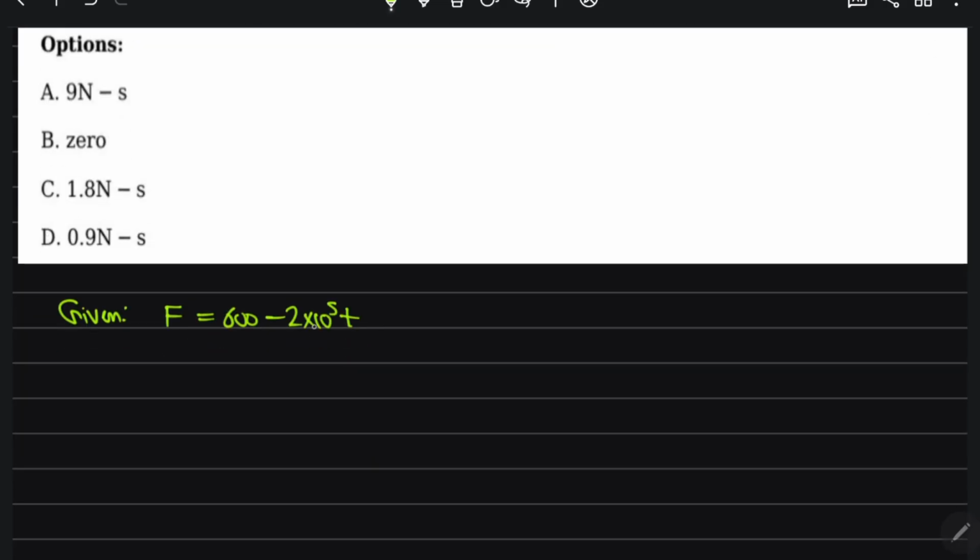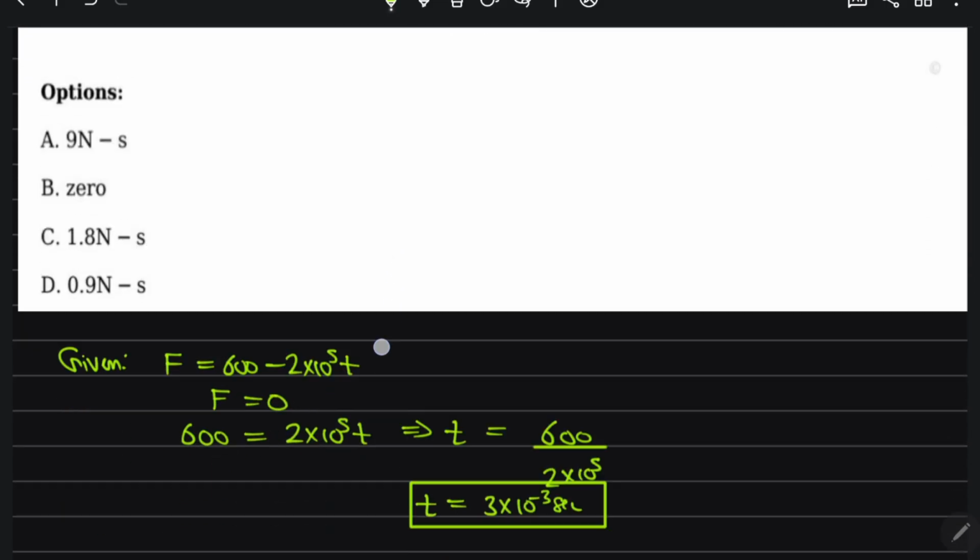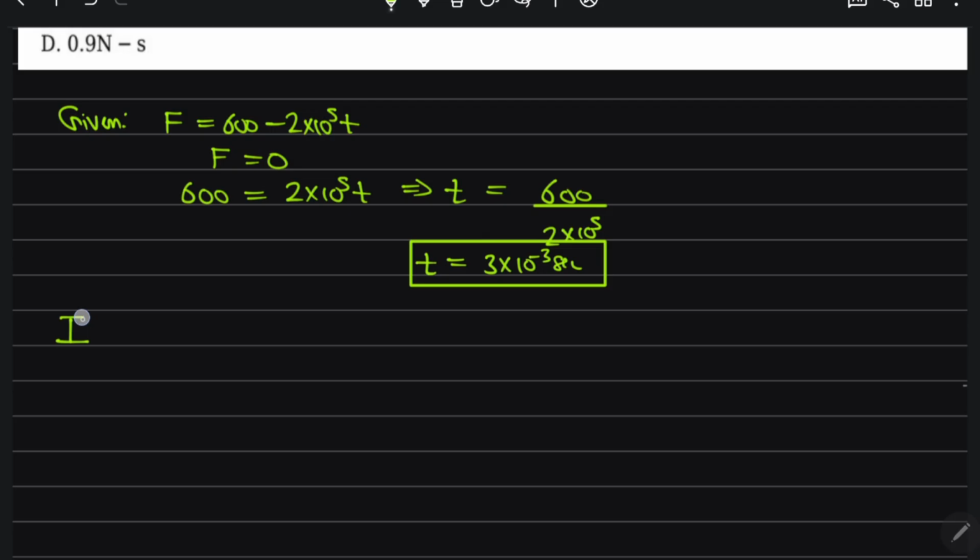So the force becomes 0, so at what time the force becomes 0 can be found. 600 is equal to 2 into 10 to the power 5 t. So t comes out to be 600 divided by 2 into 10 to the power 5, which is 3 into 10 to the power minus 3 second. This is the time, right? Now they are asking what is the average impulse imparted. So impulse, you know, impulse